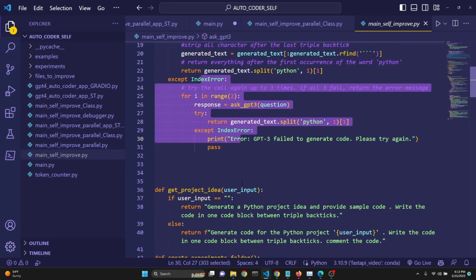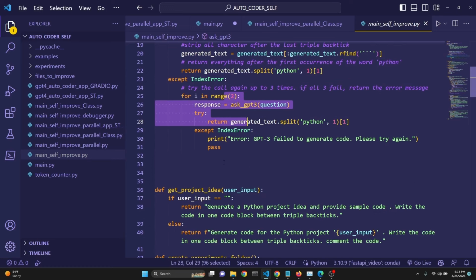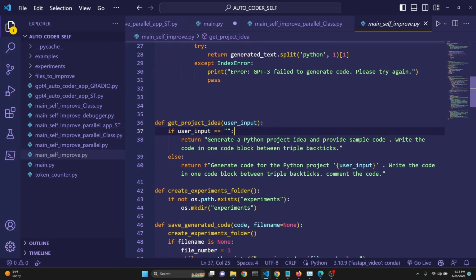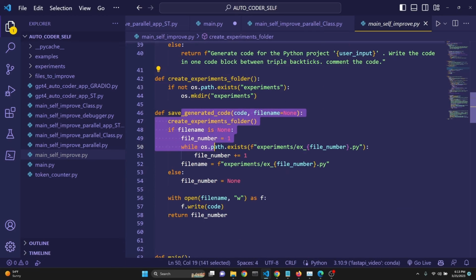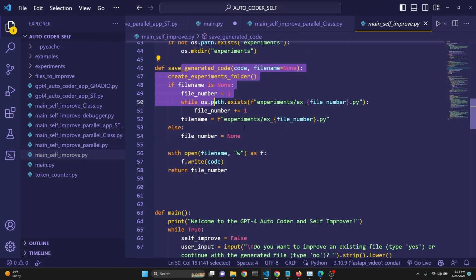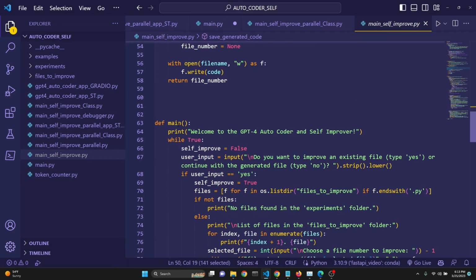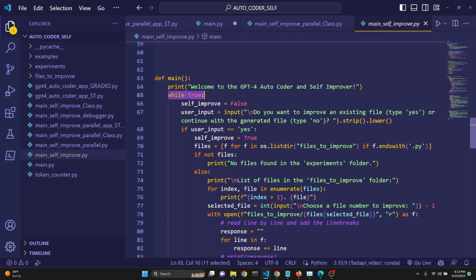Again, the same index error. We try up to 3 times. And then we're getting the project idea. In the same fashion, I've got to update some of these. Anyway, we are creating the experiments folder. Save the code right here. File number. Okay, now here we say while true in our main loop, and we set a self-improve Boolean value